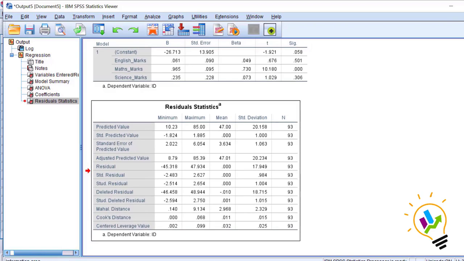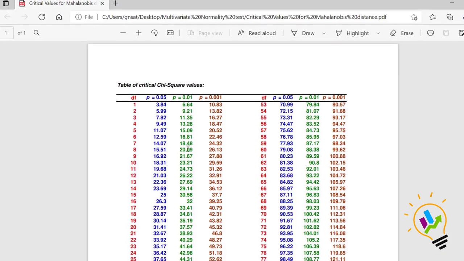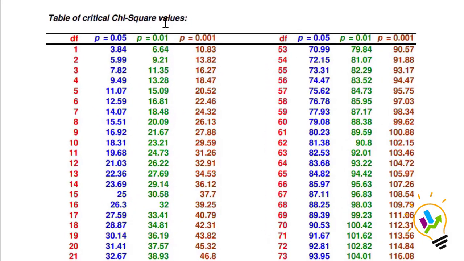Now, we need to decide whether multivariate normality is there or not. For this purpose, we need to check the table of critical chi-square values. In this table, we need to get the critical value. We select a degree of freedom of 3 because we have three dependent variables, that is marks of maths, science and English. For these three variables, degree of freedom is 3 and p-value is 0.05.